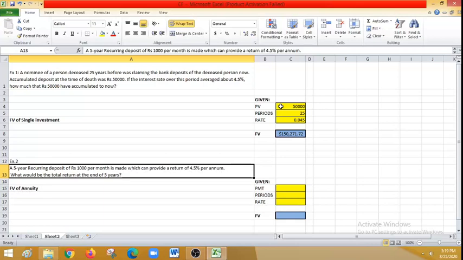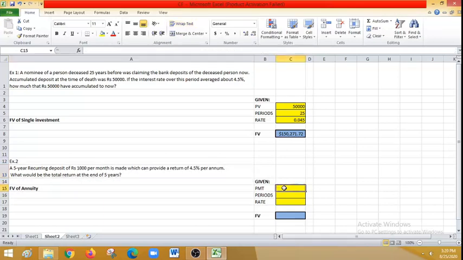Without considering time value of money, anybody can say the answer. So that is, if it is 5 years, which means 60 months. So 60 months multiplied by 1000. So it is going to be 60,000 rupees. But there is something called as time value of money. So here the time value that is taken is 4.5% of interest return. Fine. So let me explain this example through the inbuilt Excel function, right?